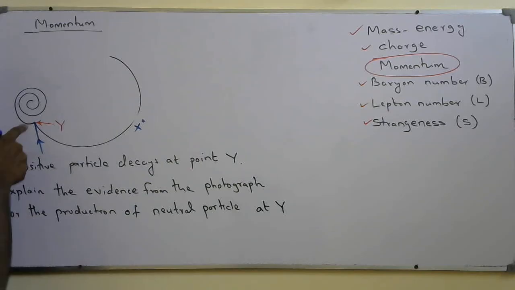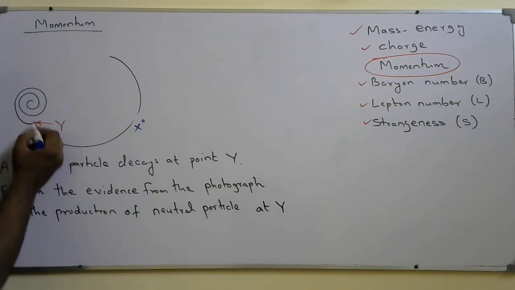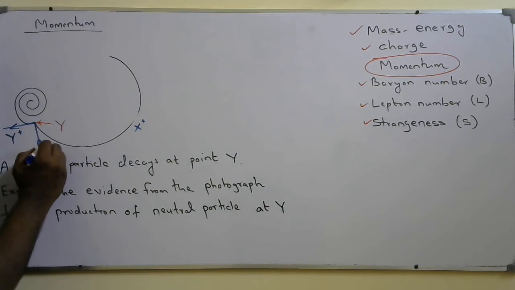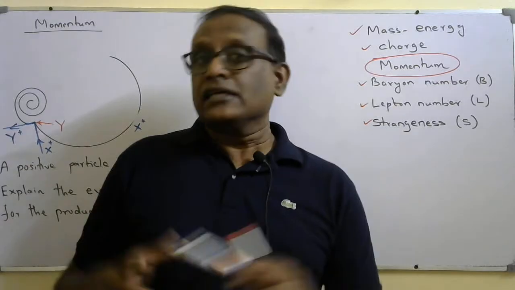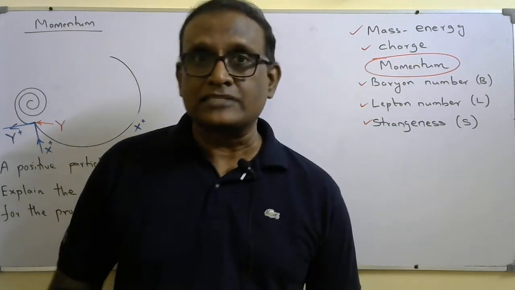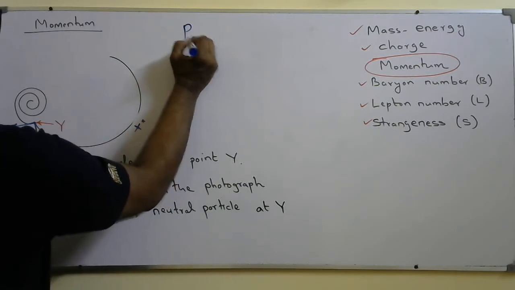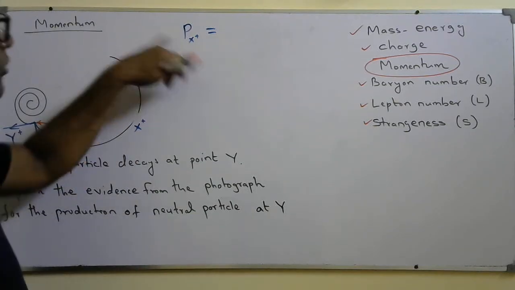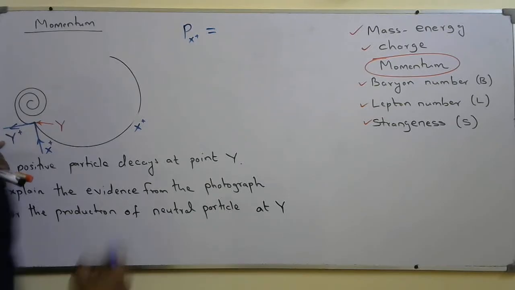After decay, there is another positive particle, let it be capital Y. So that is moving this way. This is x. So what does the conservation law say? Conservation of momentum says during decay, the total momentum must be conserved. That means momentum of x in terms of vectors, if I write P stands for momentum of x particle at the point y, must be equal to momentum of y,